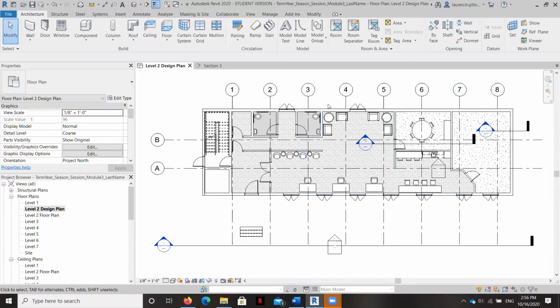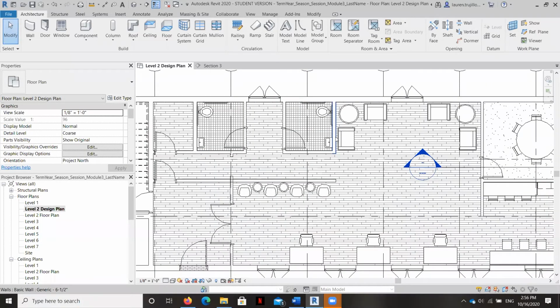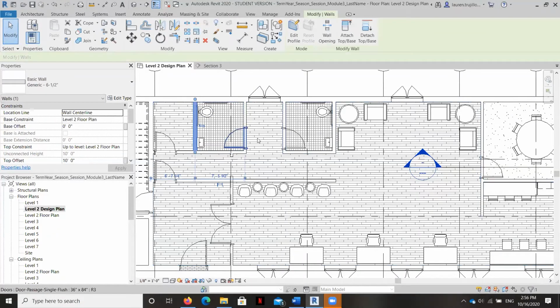video, I'm going to teach you how to create a finish on a wall, and it works very similarly to the process that we followed with creating a floor finish layer. Again, the benefit of doing a finish layer instead of painting it is that it changes the structure in the section view instead of just being a decal or a finish on top. So what we're going to do first is we're going to tile this wall and this wall, and we're going to consider these to be the wet walls in the bathrooms or restrooms.